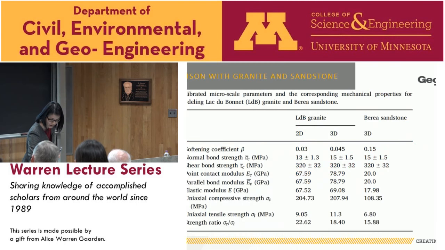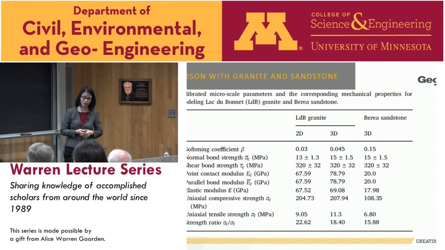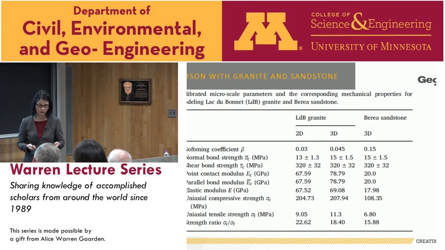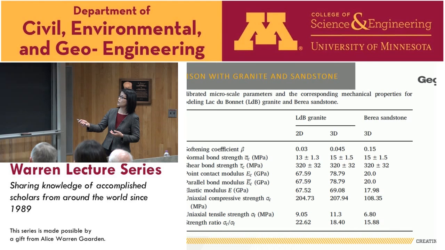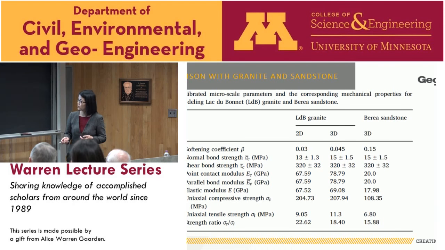These numbers I presented are just made up. I just want to see how beta affects the material behavior, in particular the failure envelope and the strength ratio. Now, in the literature, most of the time when people try to calibrate their contact models, these two seem to be the benchmark.